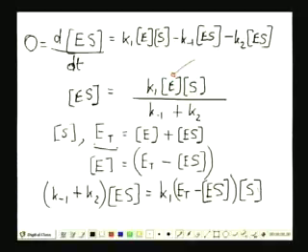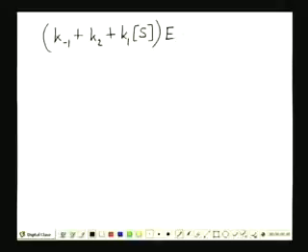So what can I now do? I have another expression for ES here, which I can take over onto the left hand side, right? So if I do that, I will have on the right hand side K1 ET S. If I take this ES part over onto the left hand side, what will I land up with on the right hand side? K1 ET S. And what will I have on the left hand side? Let's just do it. I will have on the left hand side K minus 1 plus K2 plus K1 S, all multiplied by ES, and what is this going to be equal to? K1